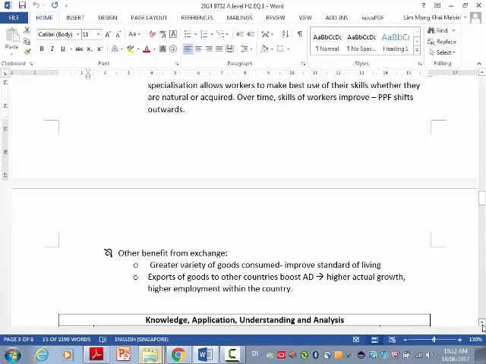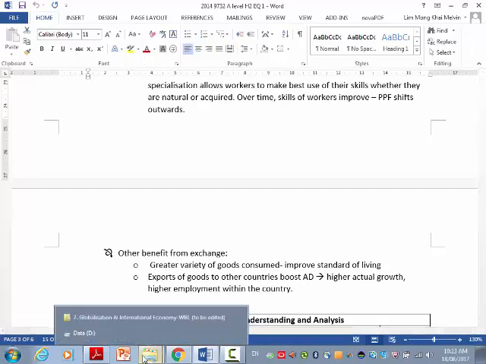Any question? So they like to link your trade to your micro part. So be careful. PPC, you need to draw the diagram. You need to draw the diagram. In our lecture notes we have, right, if I'm not wrong.